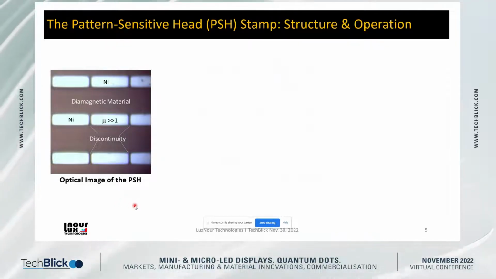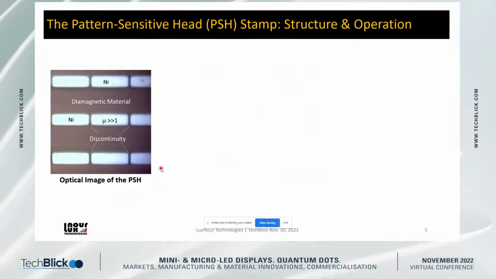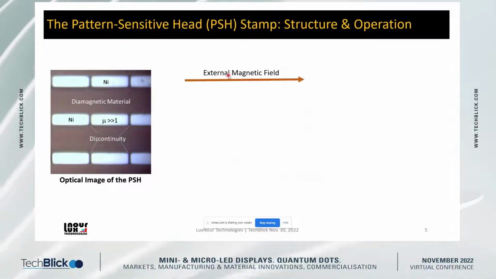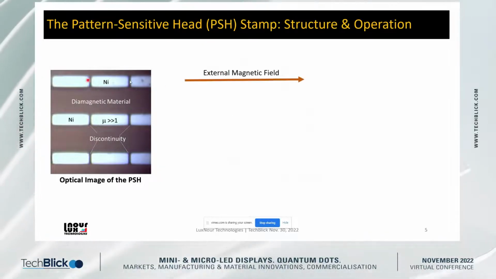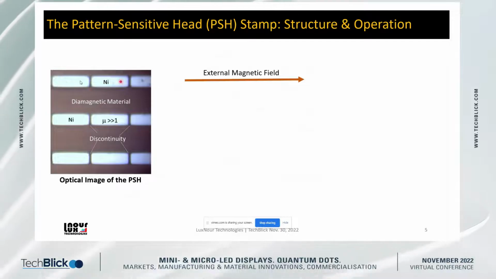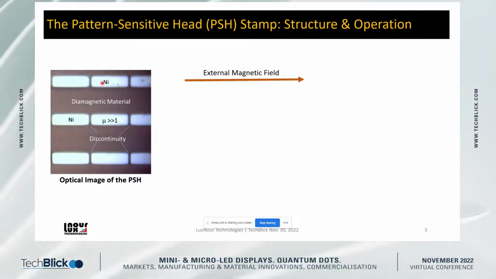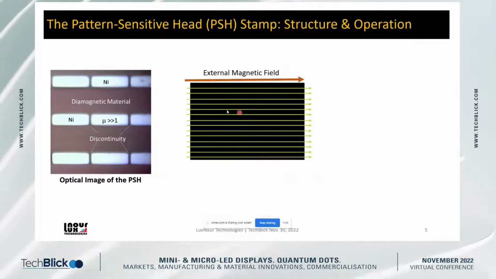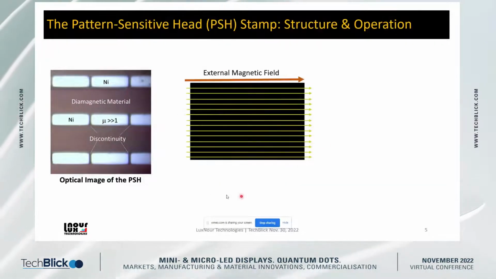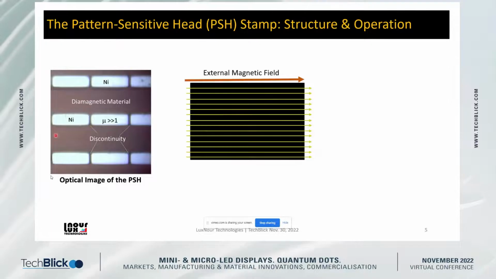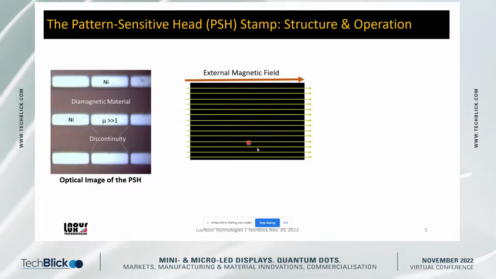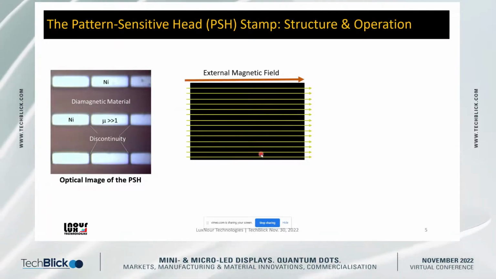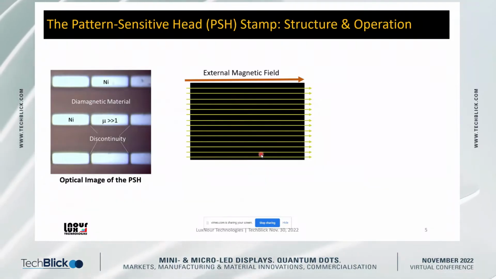So what would happen if you have a magnetic field that is actually parallel to these nickel lines, or the high magnetic permeability lines? If you focus on the magnetic field direction before you embed the PSH, you'll find that the magnetic field lines are all straight and they are actually parallel to the direction that you